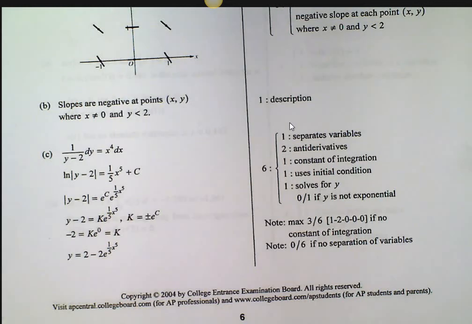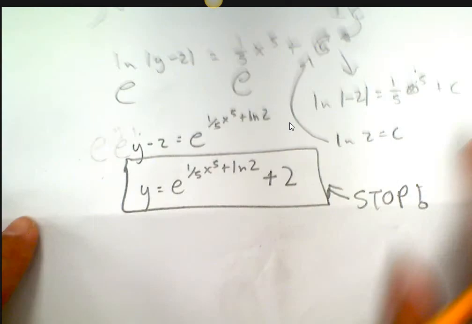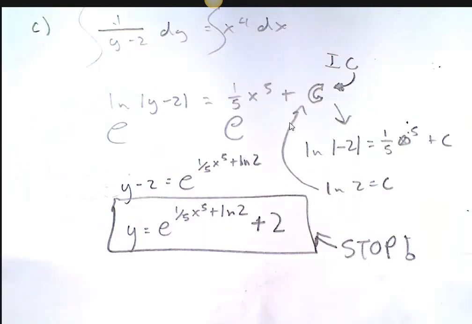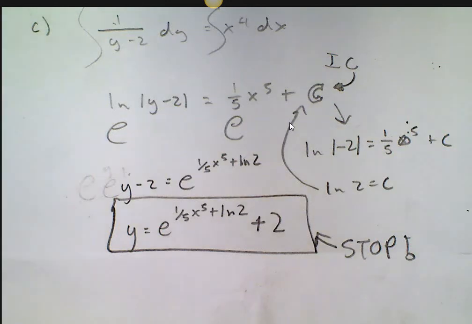Now here's how I did it. Separate the variables, drop an e, plug in C. C is the natural log of 2. Any of y'all get this and not that mumbo jumbo they got? They got something different, but this is mathematically sound. This is the way I've been teaching you to do it. Now, what could you do with the e and the natural log of 2? Cancel them out, if you want to. But you don't have to.